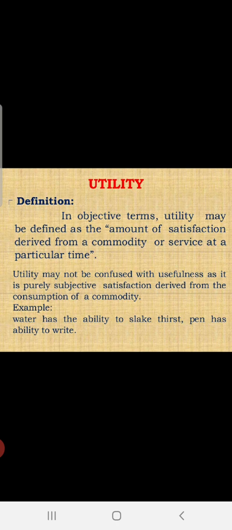Or let's consider I am a drunkard. I have a habit of drinking, so I get utility from it, but it is not useful for my health. Can you get it, guys? What is the difference between utility and usefulness? Utility is the want satisfying power of a commodity, and usefulness means the benefit, only the benefit you are deriving